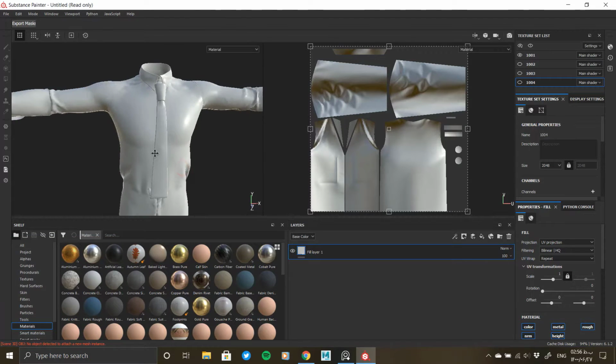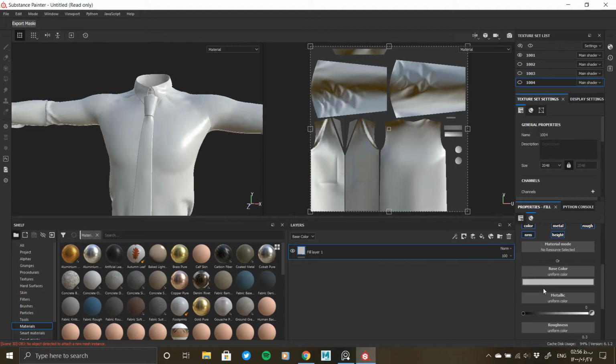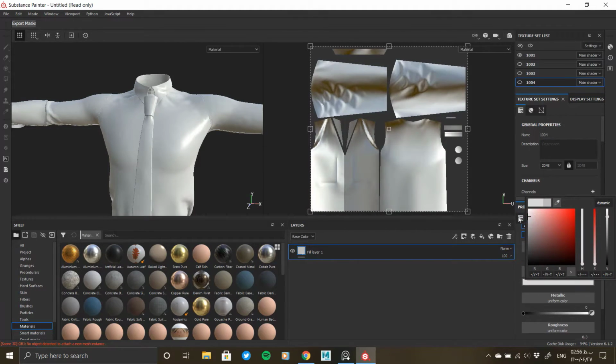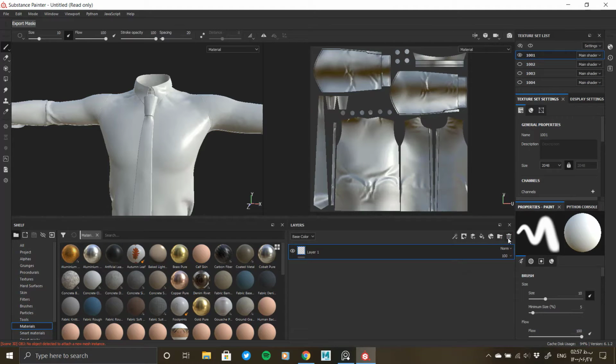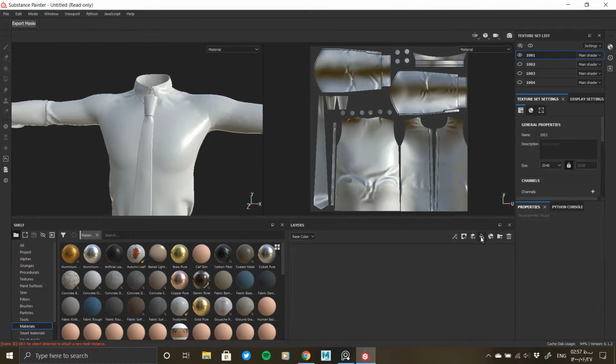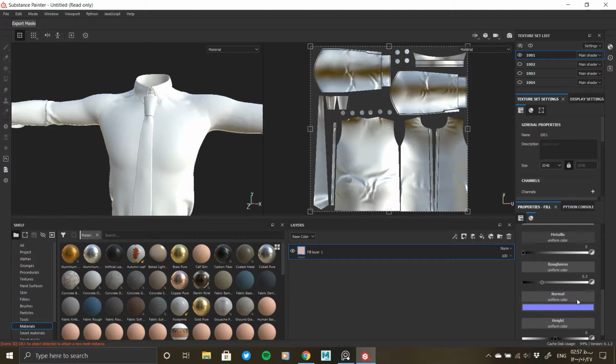Now it is time to bake the high poly model on the low poly model. In the baking section, we define the high poly model of the selected section, and we bake the normal, AO, curvature, etc. maps as needed. Pay attention to the size of the bake maps, and not all of them need to be in their largest size. After we bake all the parts, we start making materials by creating layers.